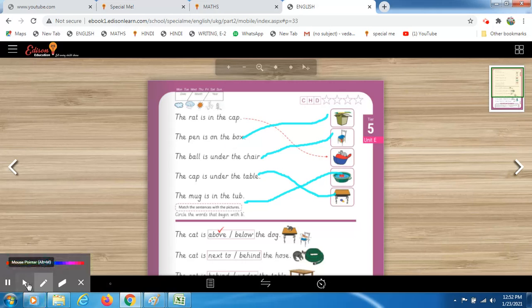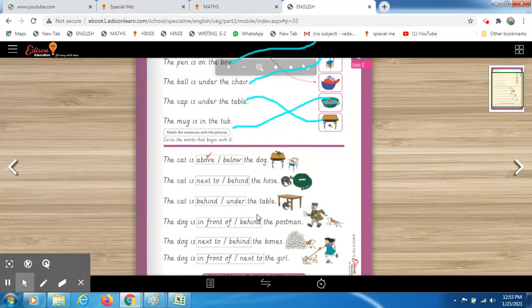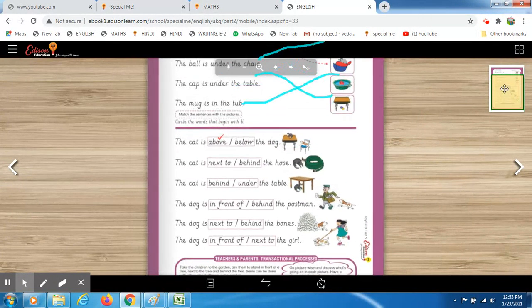Now you have to come to the next part. So let's read all these sentences as well. Okay, so the very first sentence is done for us. You just have to do the rest of the sentences similarly. Let's read this. Okay, what we have to do in this, we just have to read the sentence and put the tick on the correct word. ठीक है, आपको पिक्चर देखना है, then you have to ascertain that this one is the correct word or this one is the correct word. Whichever is the correct word, you have to put a tick on it. Fine. Chalo, let's read it.